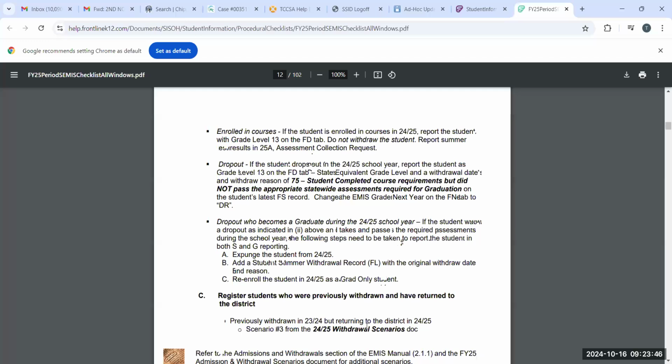So these steps are what you would follow for dropouts who become a graduate during the FY25 school year. Next, registering students who were previously withdrawn in FY24 and have returned to the district in FY25. We'll go over this a little bit more later on. This is basically the steps that they're letting you know in terms of what to look for